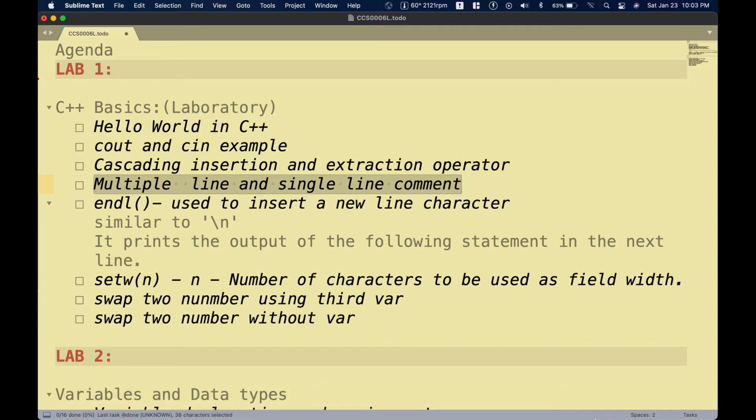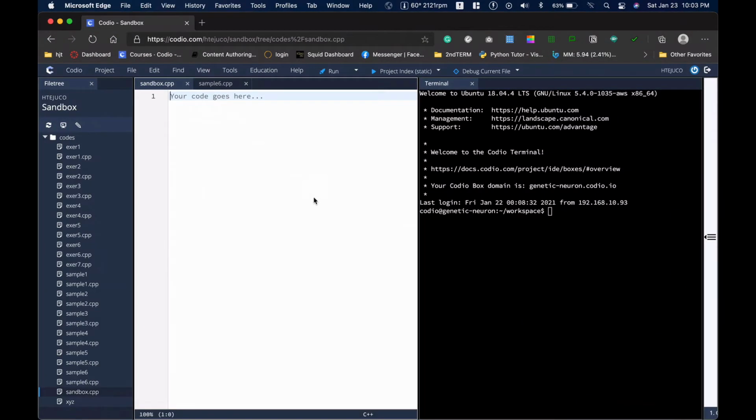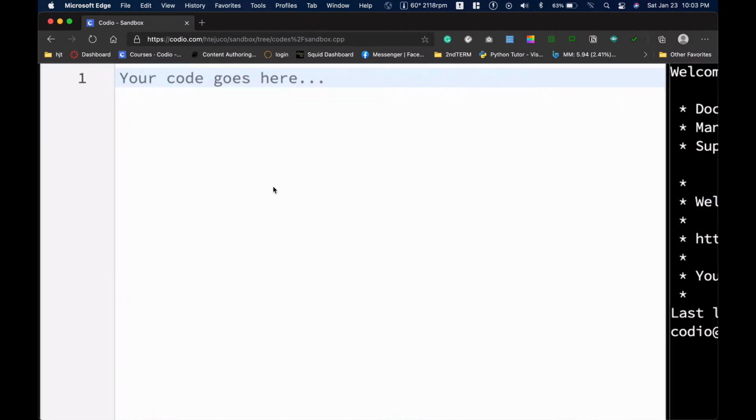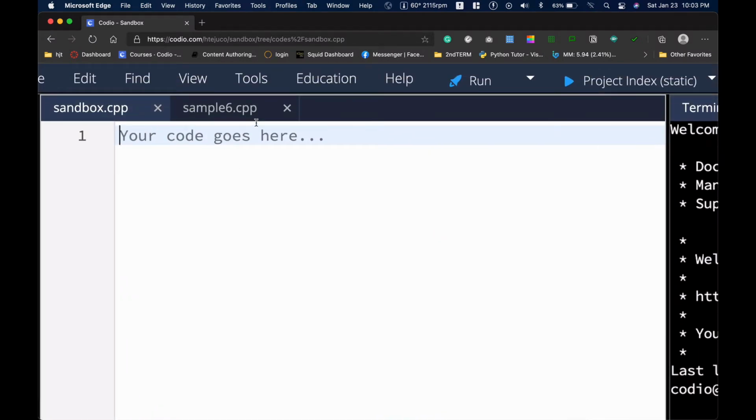Let us go now to our CODIO application. Now I'm currently in my CODIO, and I'm going to use sandbox as my file here. So as you can see, I have my sandbox. So the first program that we're going to have is the application of single line comment and multiple